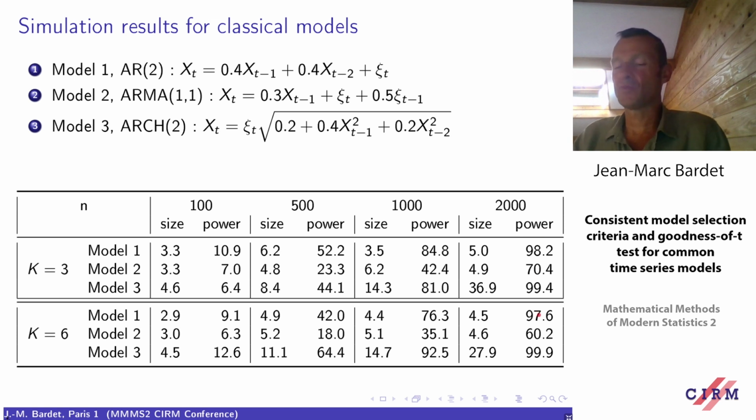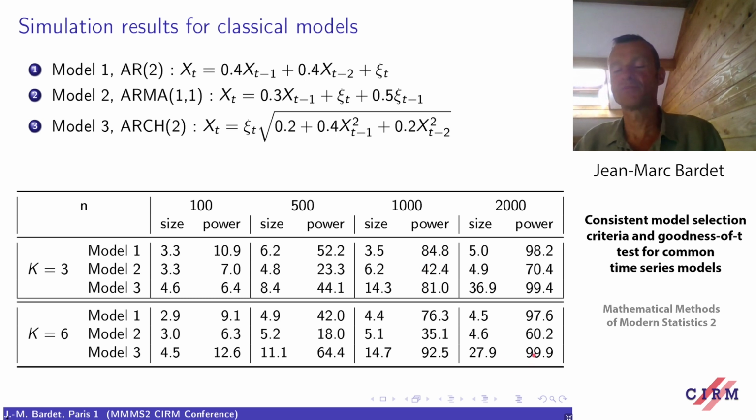And for the power, we use a false model, which is ARMA 1, 2, and we see how many times this model is not chosen